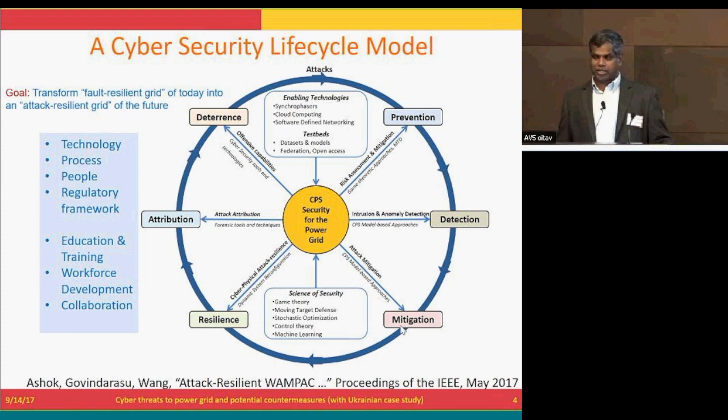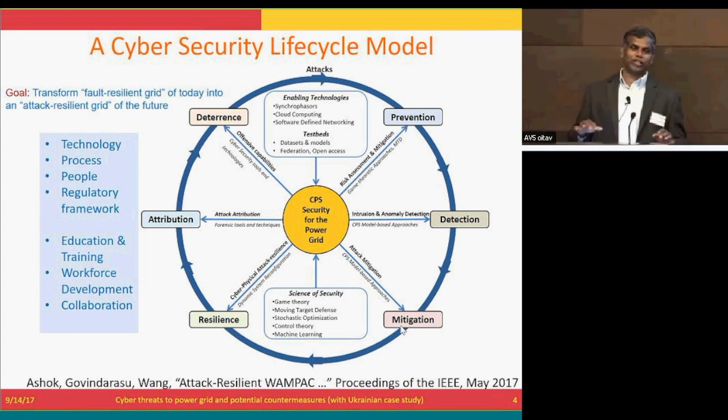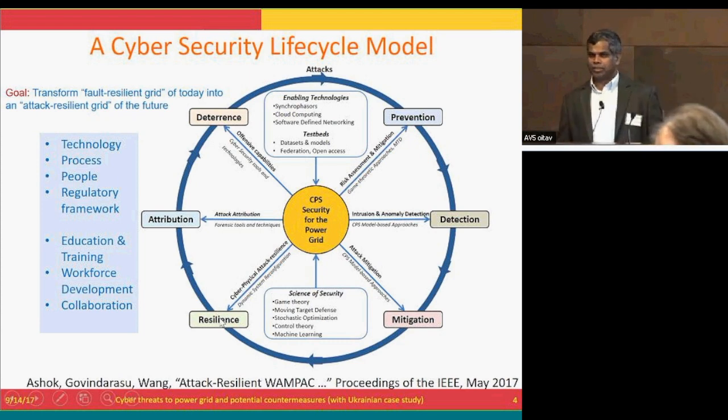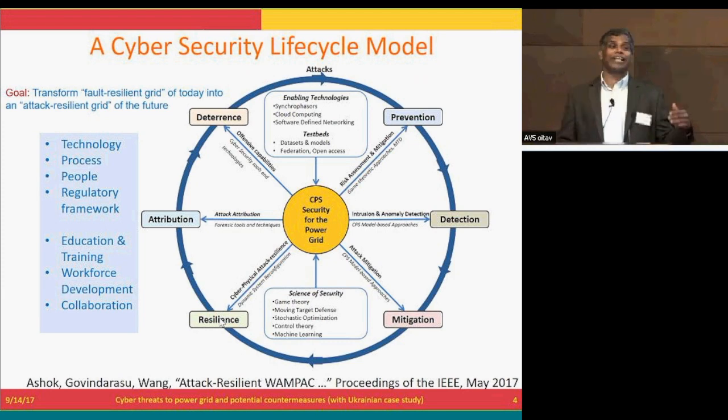Once you detect there is an attack, then there has to be a way to mitigate those attacks. Online mitigation in place. Either you do those mitigations in the cyber layer or in the physical system layer or both layers. Truly speaking, it has to be in both layers. Then you have the notion of resilience. Mitigation is fine, but you have to keep the grid operational with the critical functions, critical loads being served, not letting a fault or attack cascade into a blackout and things like that.